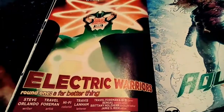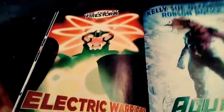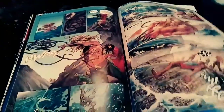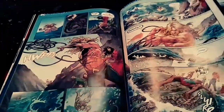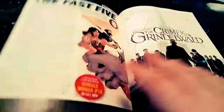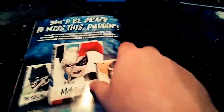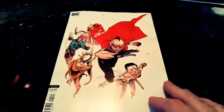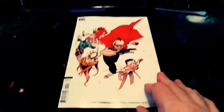So Electric Warriors, round 1, a far better thing. I was very pleased. There are some critiques that I have. Oh, look, a little preview of Aquaman. We'll see if that's terrible or okay. Zach seems to be really thrilled. He also loves the new Wonder Woman. I think Zach is just loving him some SJW comics lately. But,